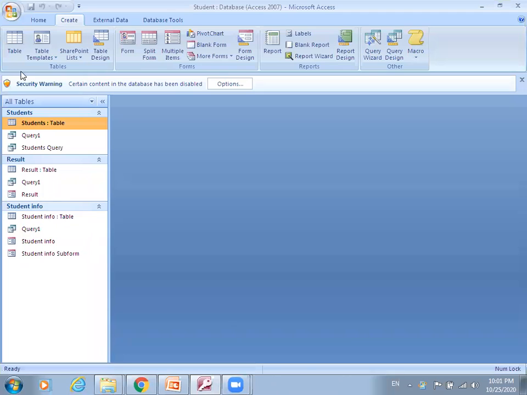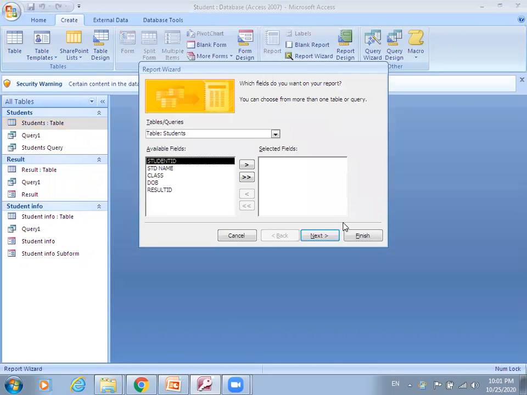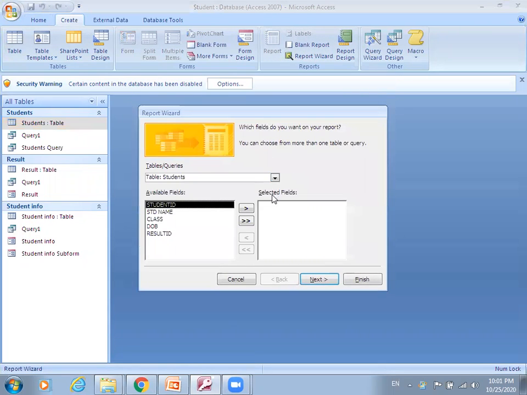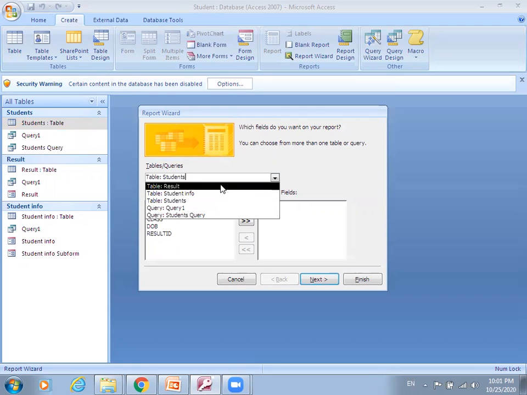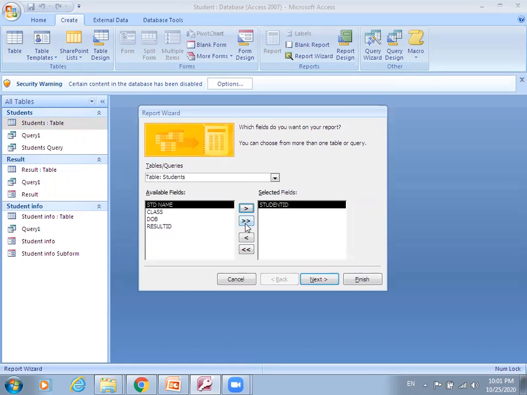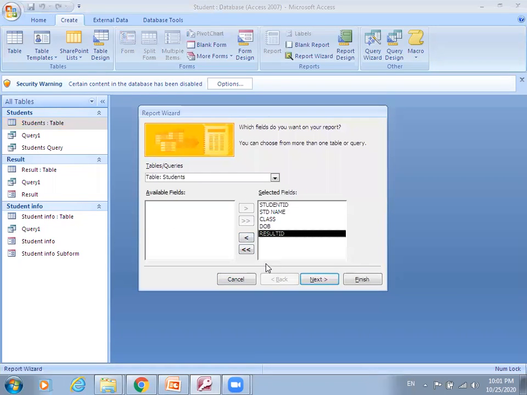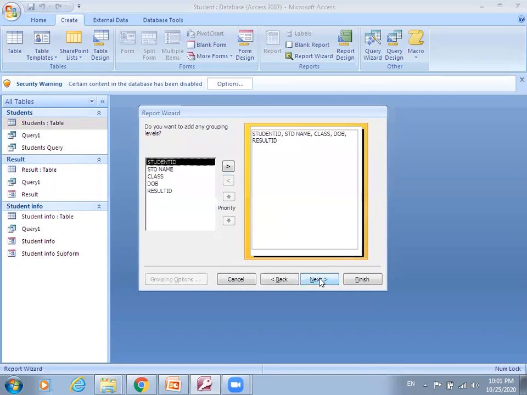So dear students, again click on the Create ribbon. Then here we have Report Wizard. Press the report wizard. A wizard will start, and the first dialog box which you can view. So here again the same pattern. Available fields are available. Here the tables and queries are available. Now look, here we have student query, query 1, query 2, students table, result table. So you can just choose the available fields, and you can choose all fields, and you can select some fields, then press the next button.